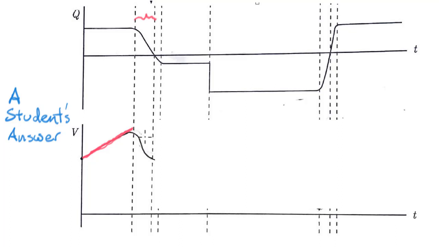The student's solution says it's decreasing. Oh, that's a contradiction. Since Q is positive here still, this volume should still be going up. It might not be going up as quickly as it was before, so it'll sort of bend down a little bit. But I'm thinking that volume should still be increasing in this interval.